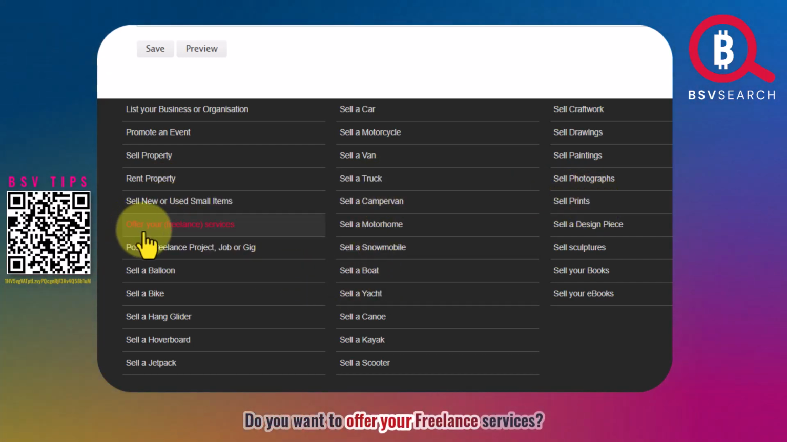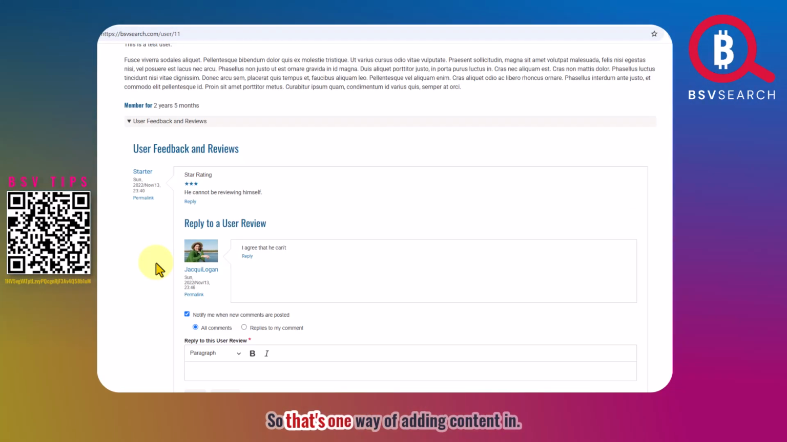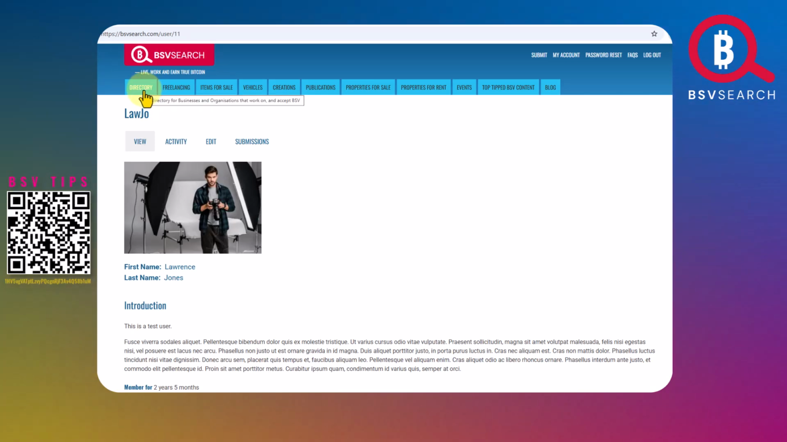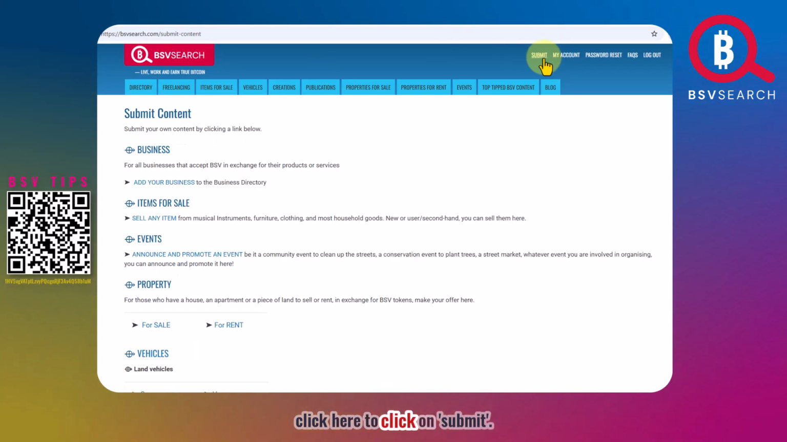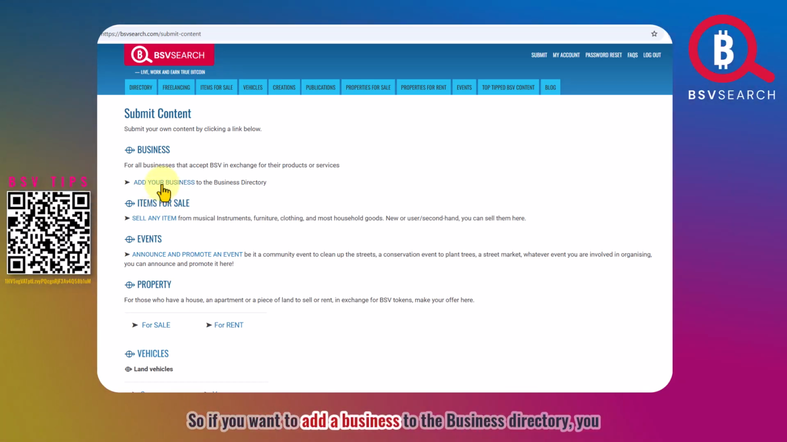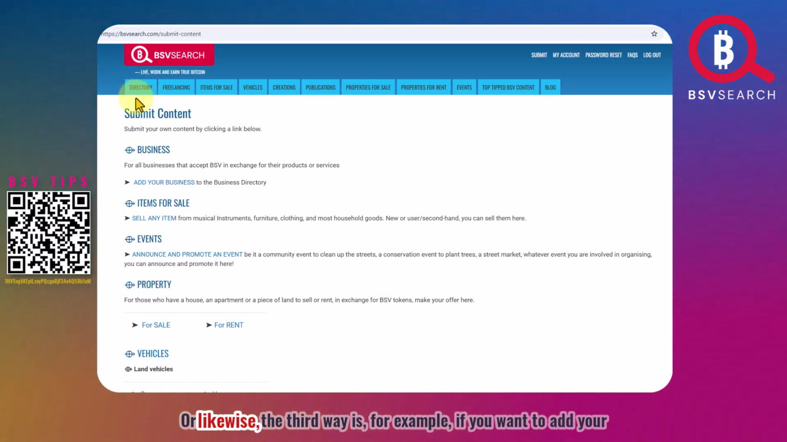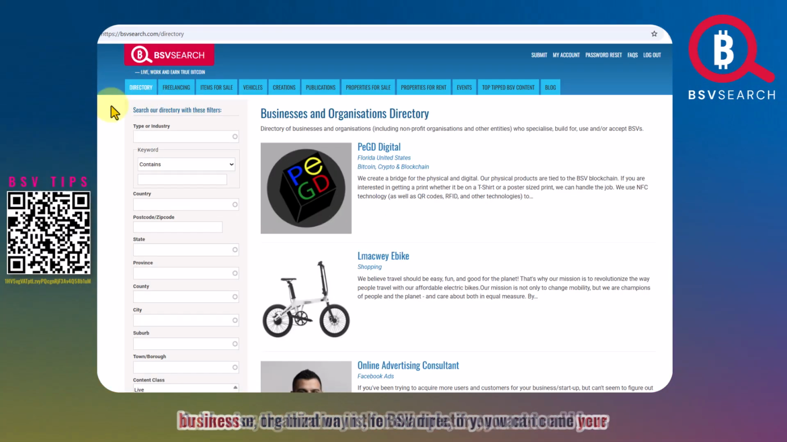Do you want to offer your freelance services? So that's one way of adding content in. The other way would be to click here, to click on submit, and you can click on any of those links. So if you want to add a business to the business directory, you come up here. Or likewise, the third way is, for example, if you want to add your business or organization in the BSV